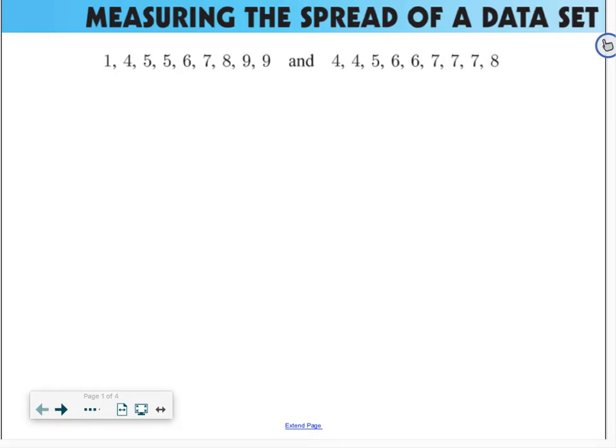All right, mathletes, here we are measuring the spread of a data set. Sometimes looking just at the center of tendency is not sufficient to describe a set of data. So you can notice both here we have medians of 6,